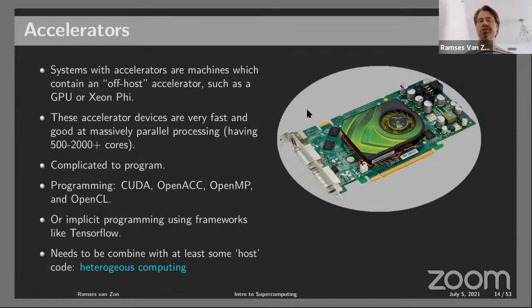And these are accelerators. These are typically separate cards that are plugged into the computer, and they have to be programmed separately. The architecture is different. So the programming is a little bit of an additional issue. There are different programming languages and models. CUDA works for NVIDIA cards. If you have AMD cards, there's HIP. OpenACC is something that works within traditional programming languages like C and C++ and Fortran, but then has what is called offloading to the accelerators, same with OpenMP.